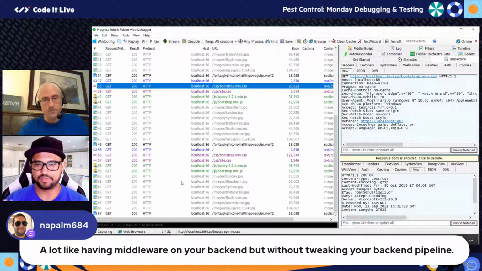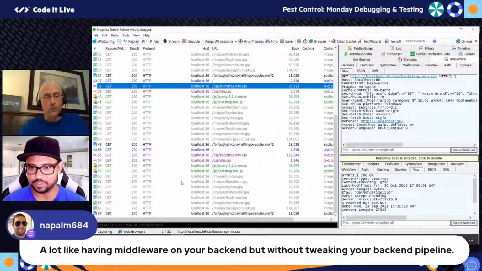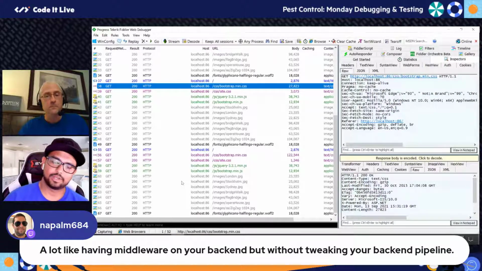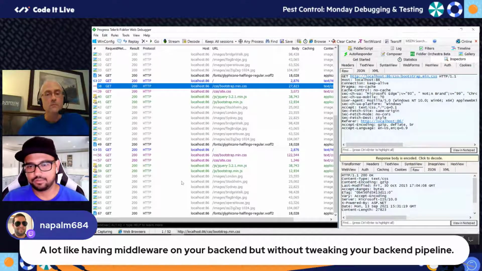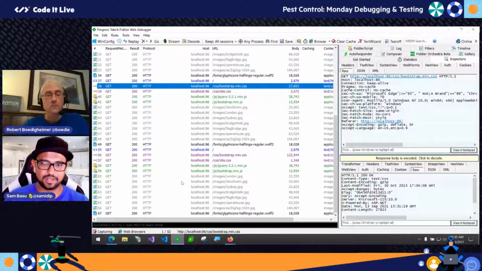So if you think of the ASP.NET pipeline, that's the thing before it gets to the ASP.NET handler. So that's kind of what we're doing, but at a much lower level as the requests are going out as well. And to your point, you don't hear us saying awkward things about the competition, but when you're dealing with simple APIs and hitting an endpoint and tweaking that request, yeah, the dev tools will do it. Postman is great too, but these are the things you just cannot do on a per request basis and setting breakpoints as the requests go out to every page, every request to your server. Yep, that's the power to me. I mean, that's the differentiator.